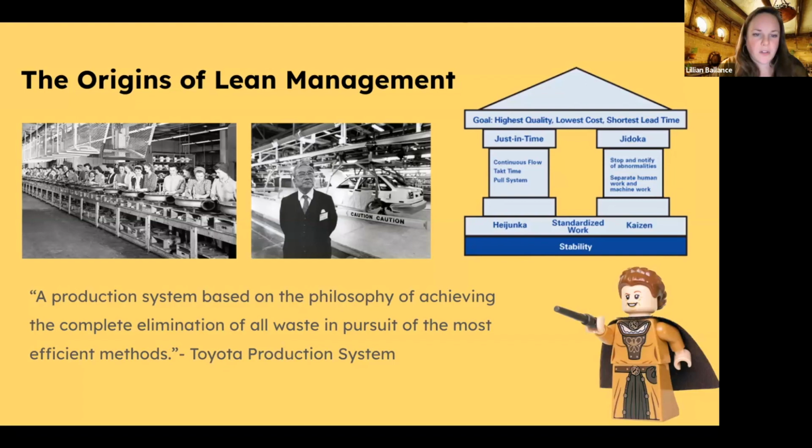However, the issue with his system was that he was unable to provide variety. The Model T was limited to only one color and one specification. So here enters Kiichiro Toyota, seen here on the right. Toyota examined this situation and just after World War II, he came to the realization that a series of simple innovations could provide continuity in process flow and a wide variety of product offerings, therefore inventing the Toyota production system.